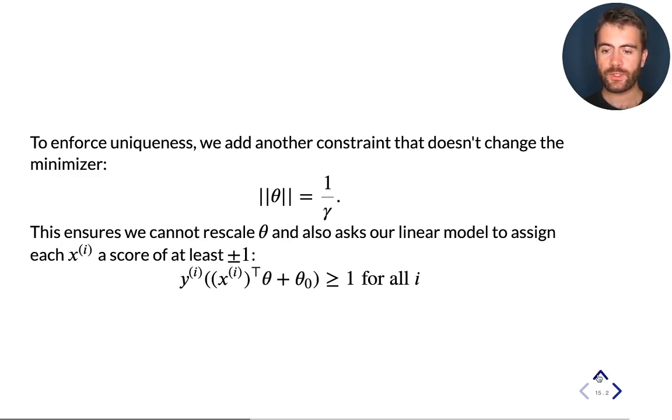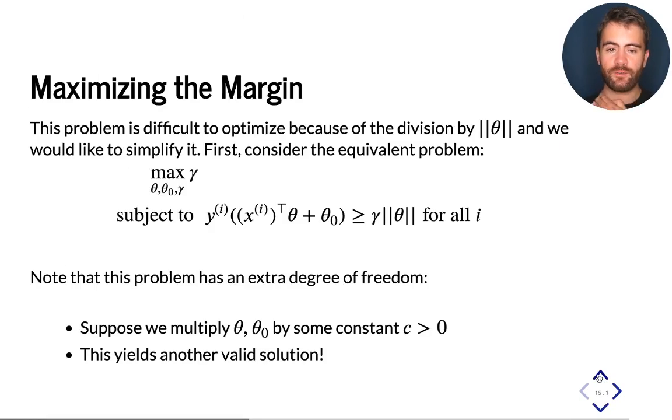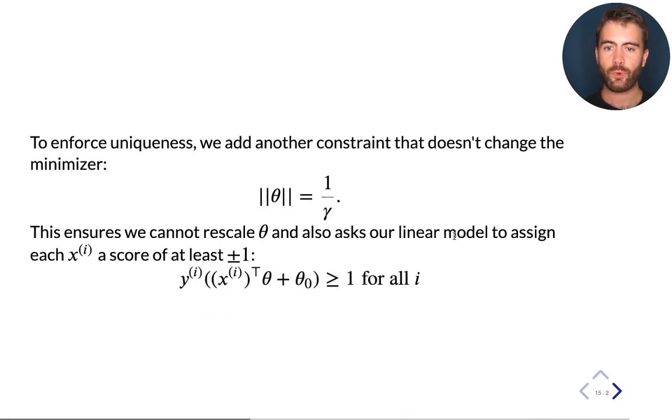I can always do this because if it's not the case, then I can always rescale theta by a scalar c such that this constraint holds. So suppose that I am at some solution where this constraint does not hold, and the value of this norm is something else. Let's say it has some value